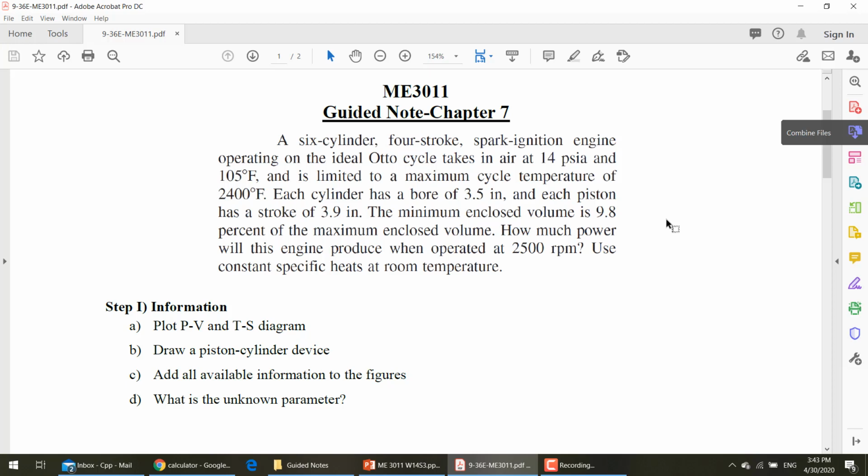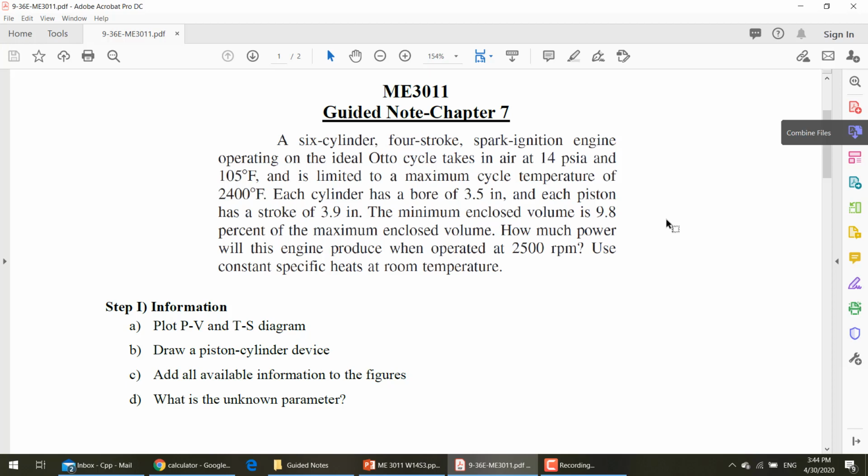If you look at this problem, you can see that we have several pieces of information. I highly recommend you guys, as the first step, plot the P-v and the T-s diagram. So I just canceled that table, guys. If you remember, normally I just ask you guys to add information to a table, but I believe that for chapter 9 it's actually more convenient to just transfer all available information to the P-v and T-s